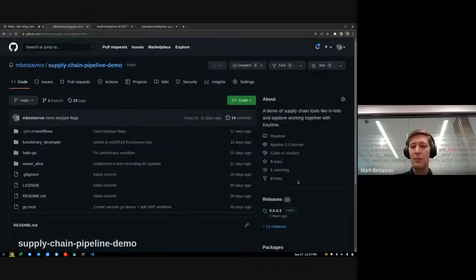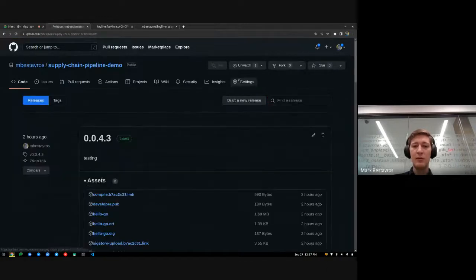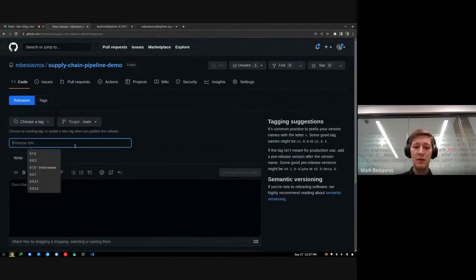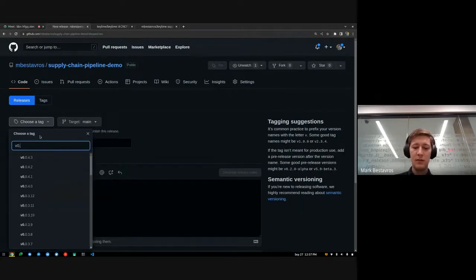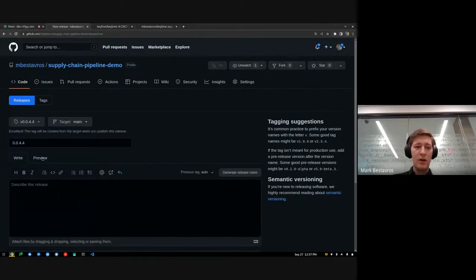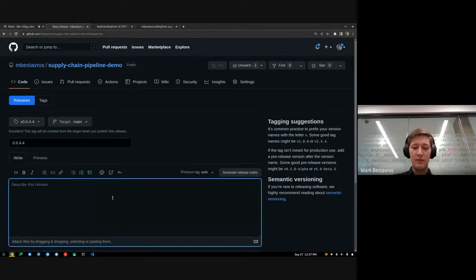And in fact, I will do that live right now. I'm going to cut a new release of this repository, 0.0.4.4. I'm going to create a new tag, v0.0.4.4, and I am going to say,